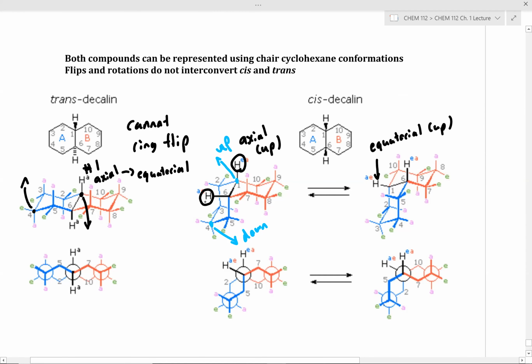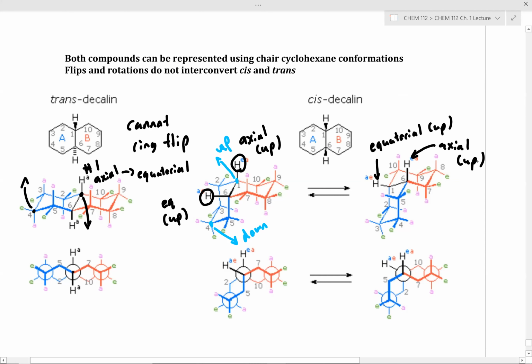Likewise, the second hydrogen is in the equatorial position, pointing up. At the end of the ring flip, it's converted to the axial position, also pointing up. So we've preserved our stereochemistry after the ring flip. Now, one thing that I do want you to pay a little bit of attention to,